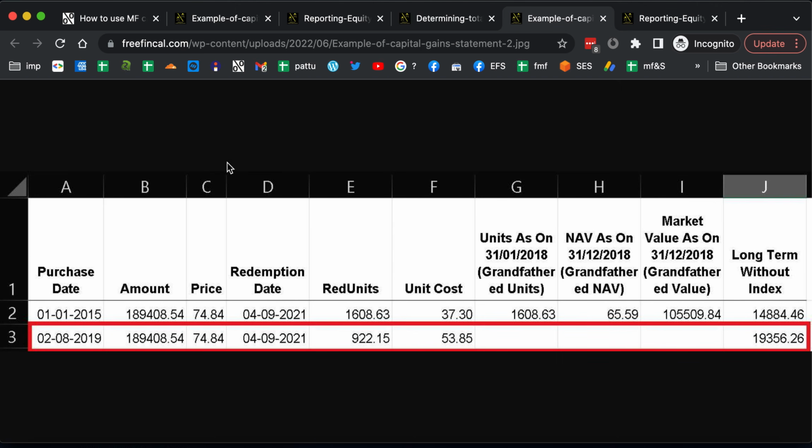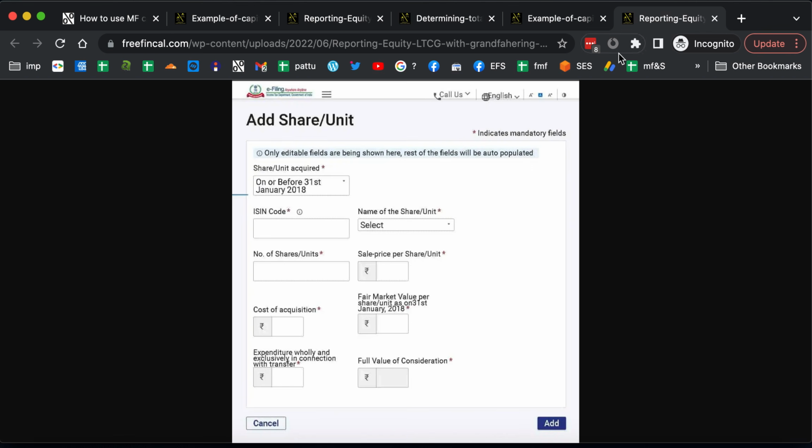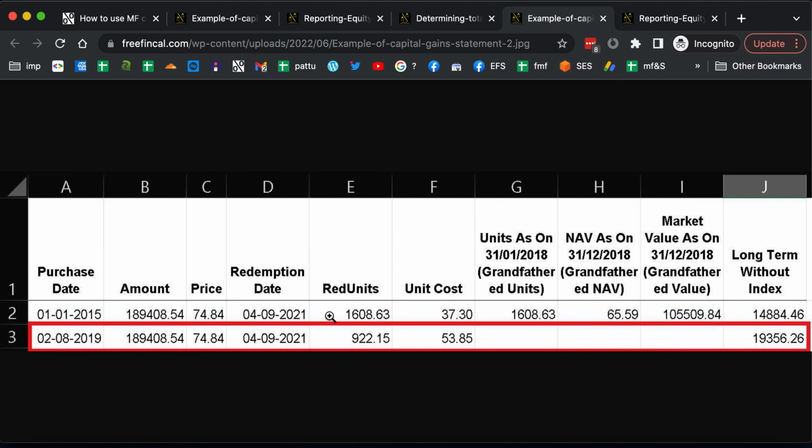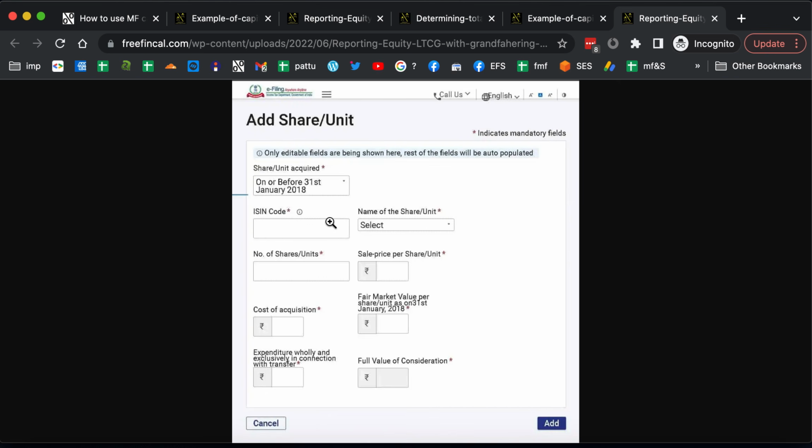Whereas for this transaction you will have to select on or before 31st January 2018, choose the ISIN code of the fund, then you will have to enter the total number of units. Now this total number of units, you will have to look at the transaction. For example, if you see here, the total number of units is this one. The redeemed units is 1608. So this is only for the older purchase, the 2015 purchase. You will have to enter the redeemed units, you will have to enter the unit cost, you will have to enter the cost of acquisition, sorry,